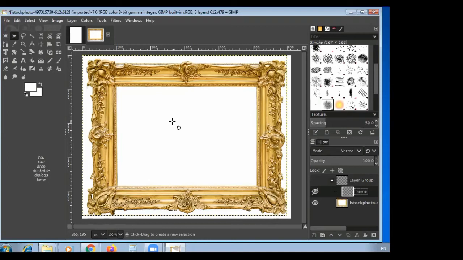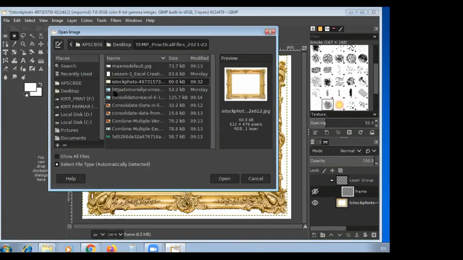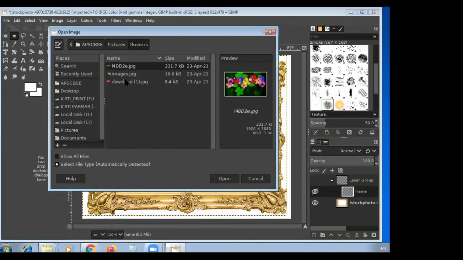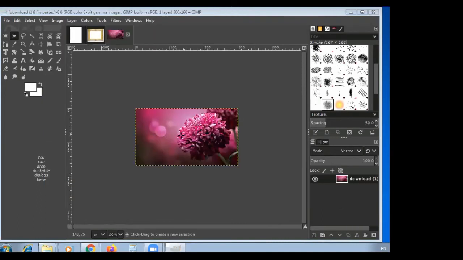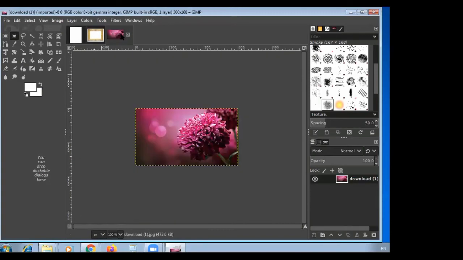The image size should be similar to the frame size. Use the selection tools and select the content you want to copy in another image. Open it again, open, and then choose images like flowers. Here it is, the first one. Got it? Now at the top of the screen, you can see multiple different types of layers available in a single form. Okay.